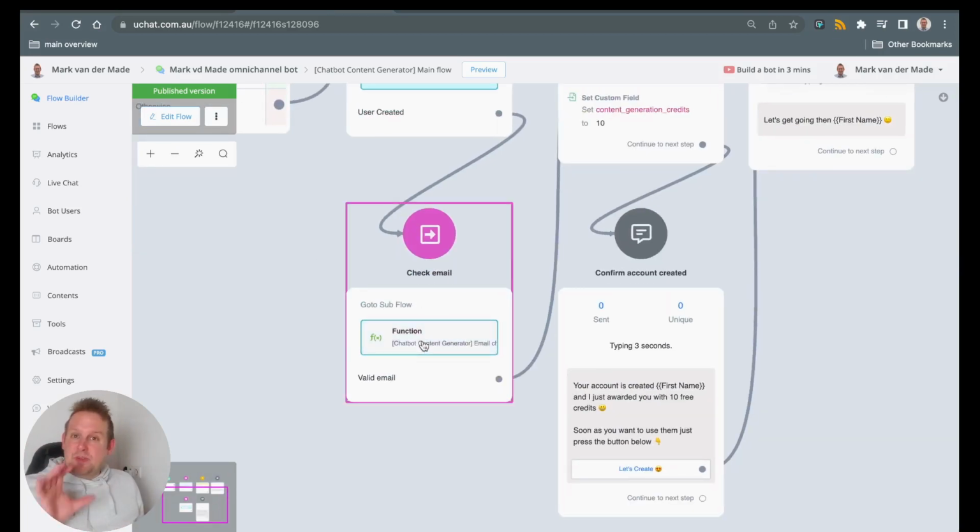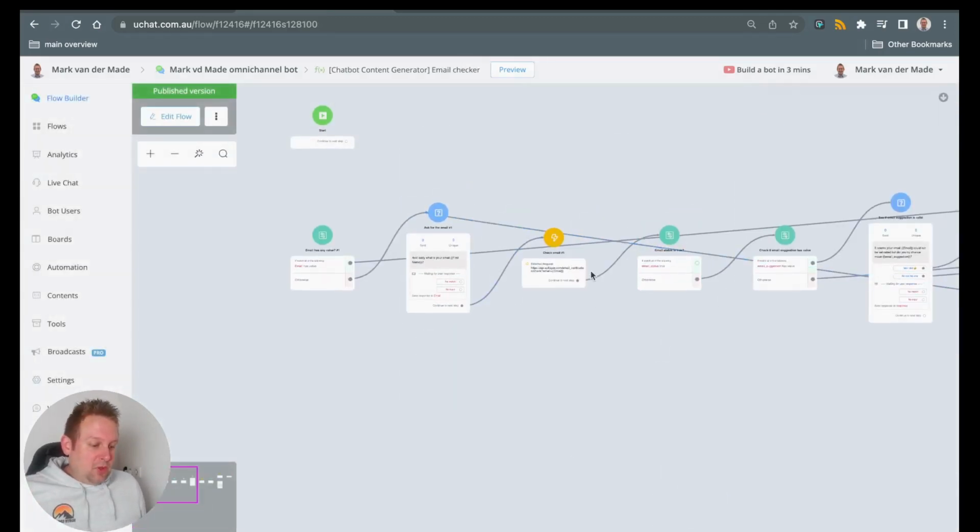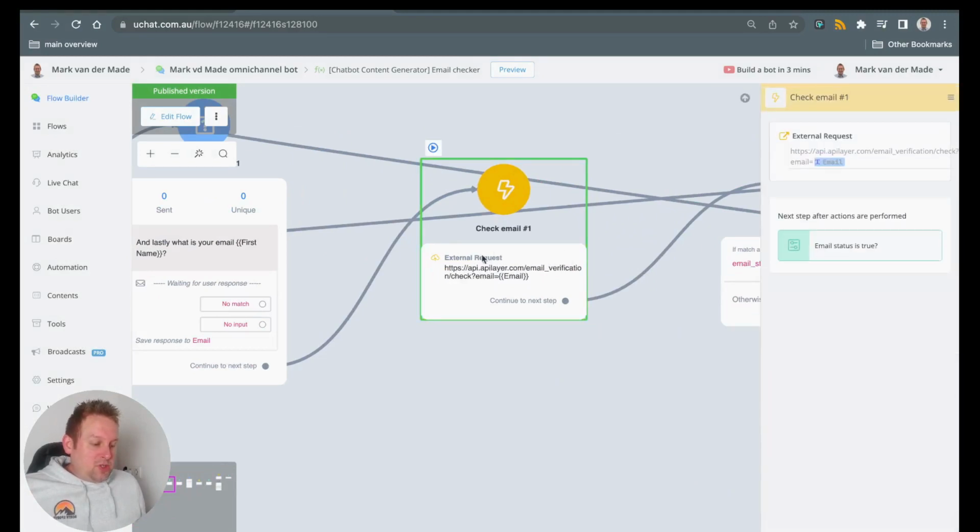And for the email, it's important that you also verify the user's email by using several free email verifier tools, right? If we're going to take a look, then you will see the one that I am using right now, which will be the api.apilayer.com, which has a free 100 credits per month, right? So you can basically use that, and I will also put a link down in the video description, and use